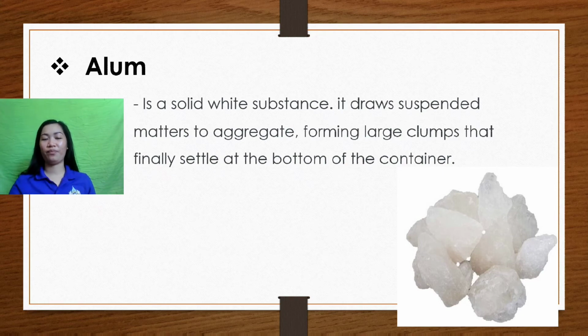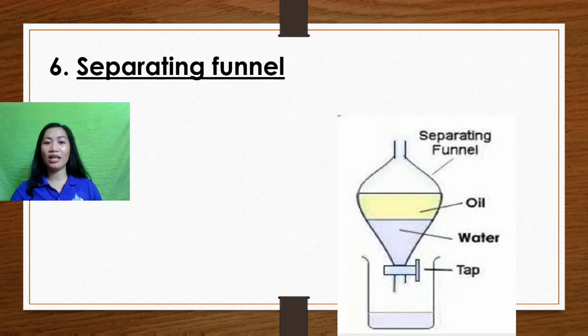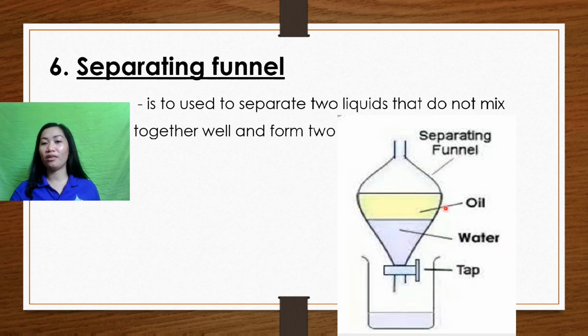Next we have the separating funnel. We can use it when we are going to separate two liquids from each other, for example the water and the oil. They will not mix because they form a heterogeneous mixture. By putting it in a separating funnel, the water will settle down at the bottom and the oil will go up. That's the time we tap it so that the water will be dropped